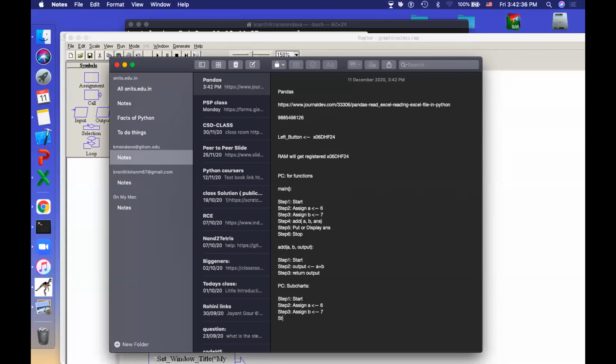Okay, after assigning these things, then I will call a subchart. You can simply say this is all you wish. Here also, instead of this, you can say call, so that you will understand that you are calling the function. Call subchart add. Okay, and I think you know how to do and what to do. Next, what you do is you write that subchart add. Put a column like this.